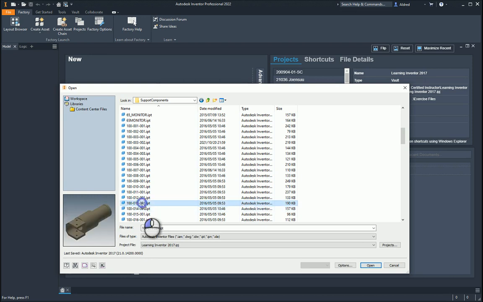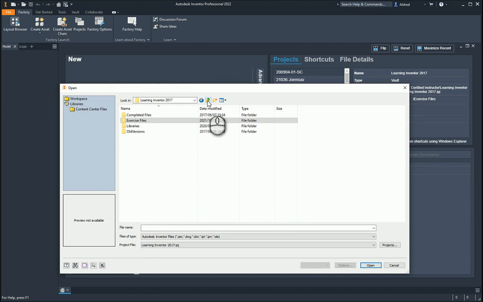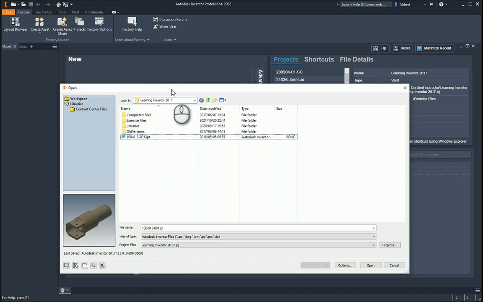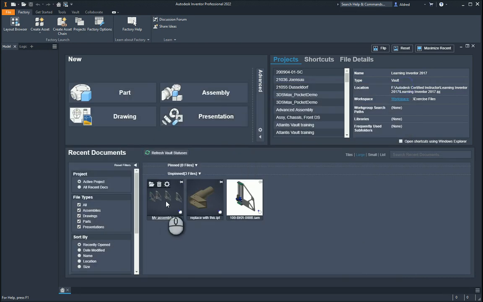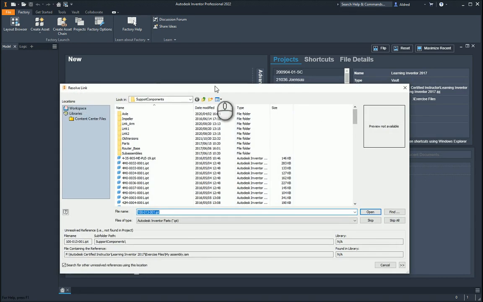So what I can do, if I want to replace all of those components at once without having to do too much with the Vault, I'm not using the Vault at the moment, is cut and paste this outside my workspace. If I go one up, over here, I'm just going to paste it in over here. Now let's open up this assembly again. It should bring up this dialog box over here. It's looking for that part, but I've taken that part out of the project workspace. And because the parts are pretty similar,